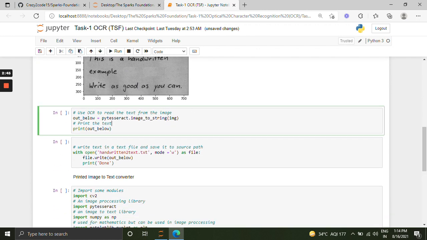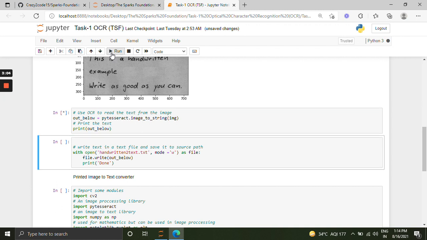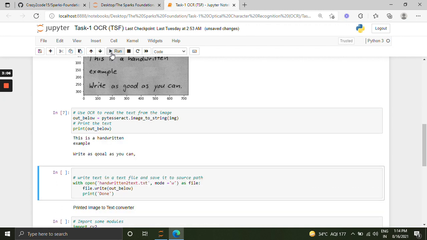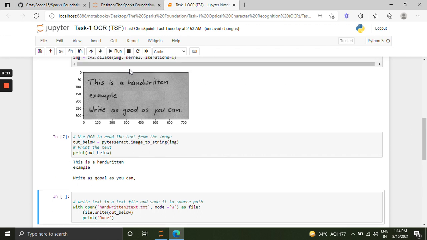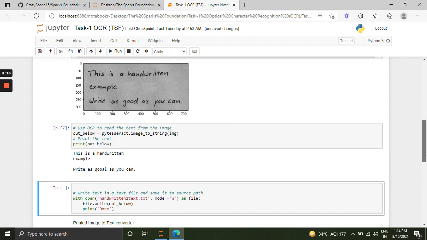Now in the next block of code, I am using the image_to_string method of PyTesseract to extract text out of this image img. This is the syntax of doing that. In the output below, I would get all the extracted text out of this image. Let's run this, and I have written a print command here so that I can see the extracted text. So let's run this block. As you can see, here we are able to extract the text out of the image using the Tesseract or PyTesseract library.